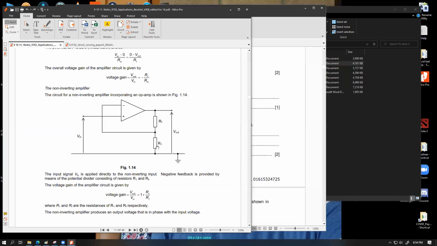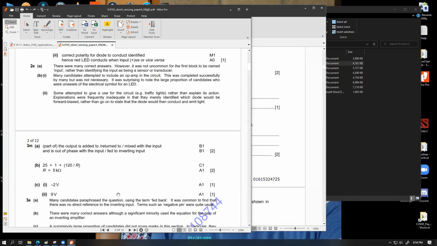So V minus যদি একটু করে বড় হয়ে যায় তাহলে ডিফারেন্সটা কমে আসবে। বুঝতে পারছি স্যার। সো এটার ফিজিক্যাল ওয়ার্ডিংটা আমরা একটু স্যার দেখি। ওখানে একটা পয়েন্ট ছিল যে "is out of phase", এটা বোঝানোর জন্য এখানে আসলাম। এখানে বলছে part of the output is added or returned to mix with the input. So this is the basic idea of addition of feedback, and is out of phase with the input or fed to inverting input. Out of phase of the input মানে হচ্ছে,